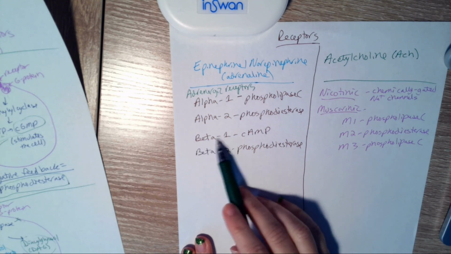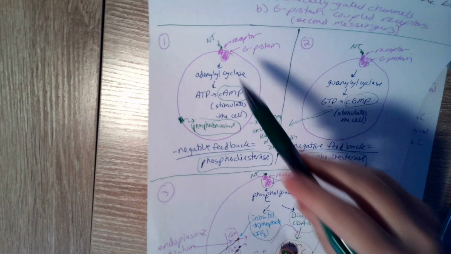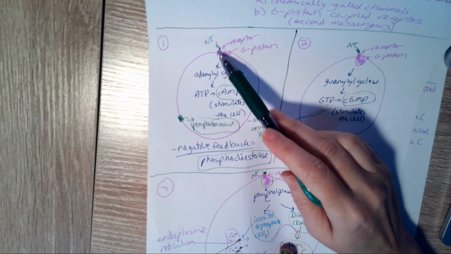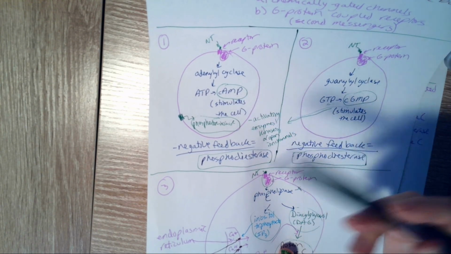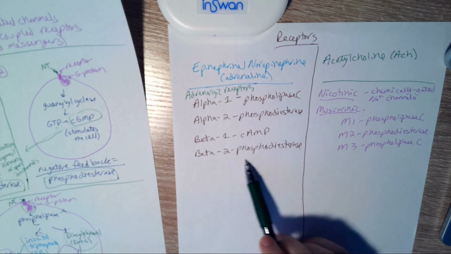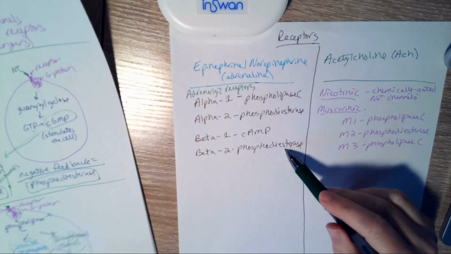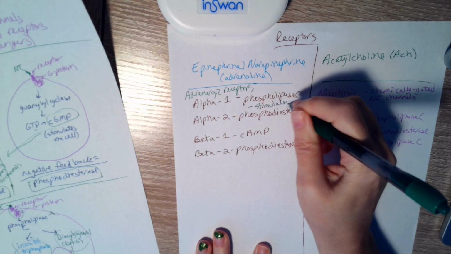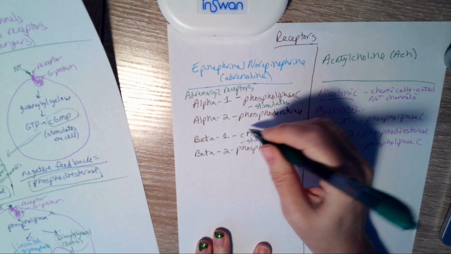Okay, for the beta-1 adrenergic receptors, those use cAMP for a second messenger. So this could be a beta-1 adrenergic receptor. Epinephrine or norepinephrine binds to it. All of this happens. We produce cAMP as our second messenger, stimulate the cell. That could be a beta-1. And then beta-2, those activate phosphodiesterase. So they do that. So they inhibit. So this alpha-1 stimulates a beta-1, stimulates a cell, where